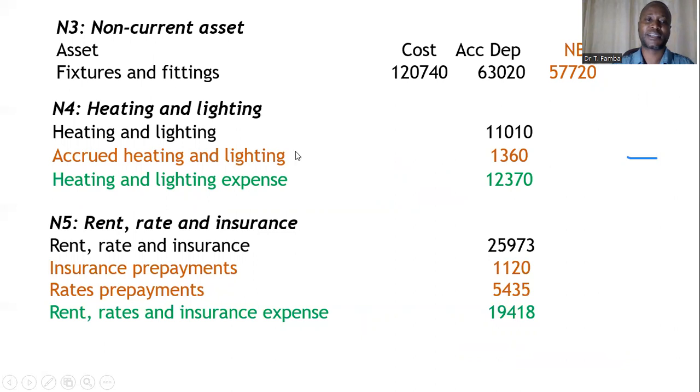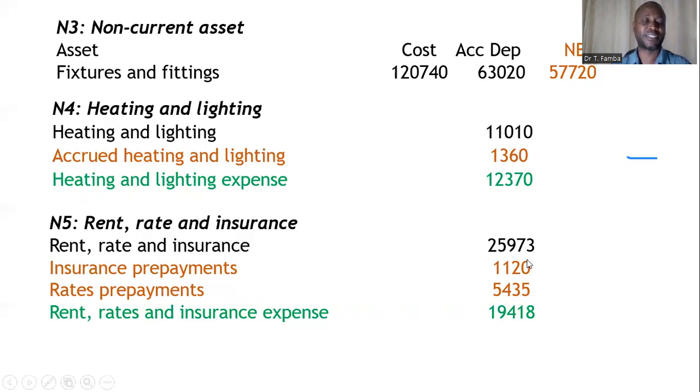So this color here, which I'm using from yesterday, I'm using this to represent items that go into the statement of financial position, and the green I'm using it for items that go into the statement of profit or loss. Then we have rent, rates, and insurance. Rent, and this is what we are given in the extract,